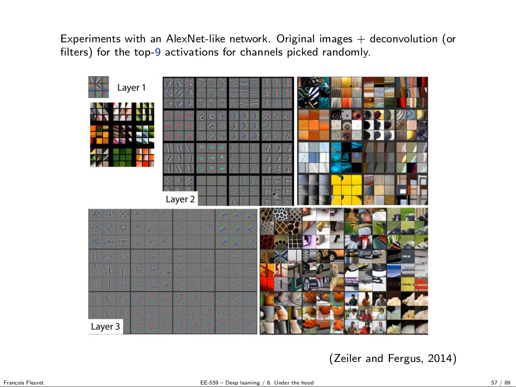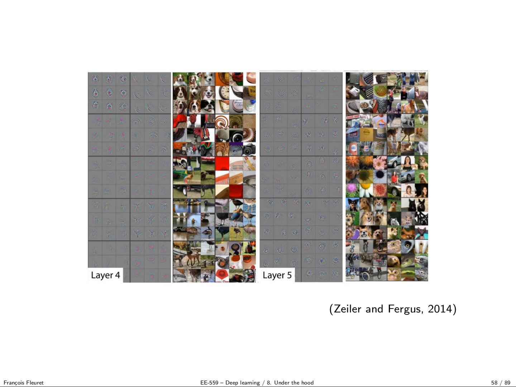It's more like corners and curves and stuff like that. And you see that the patterns which maximize the response are quite more diverse. And then layer 3 is really like arrangements of small structures to create some regular patterns or very complicated combinations of edges. And you start to have some upper torso detector and stuff like that. And then in the later layers, you really have complicated detectors of heads, and detectors of eyes, and detectors of wheels and stuff like that. So those analyses really show that the network captures parts which are meaningful for the decision.